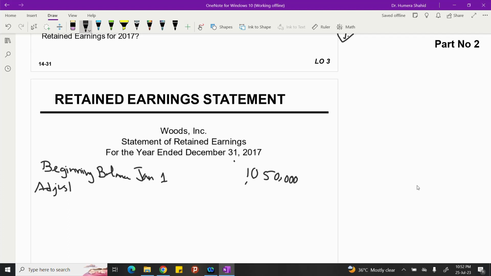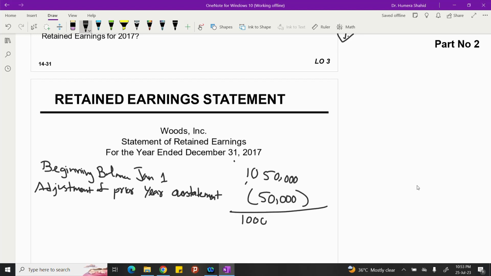Then adjustment of prior year overstatement, because the income was overstated. How much was overstated? 50,000. So what is my adjusted balance? Now 1 million is the adjusted balance. So the adjusted opening balance is 1 million. Then add net income of current year